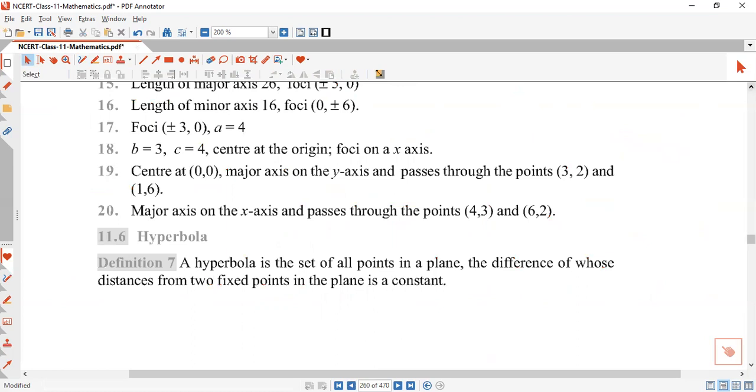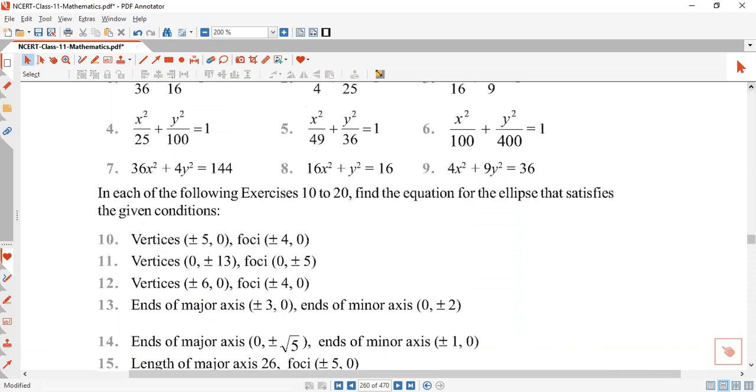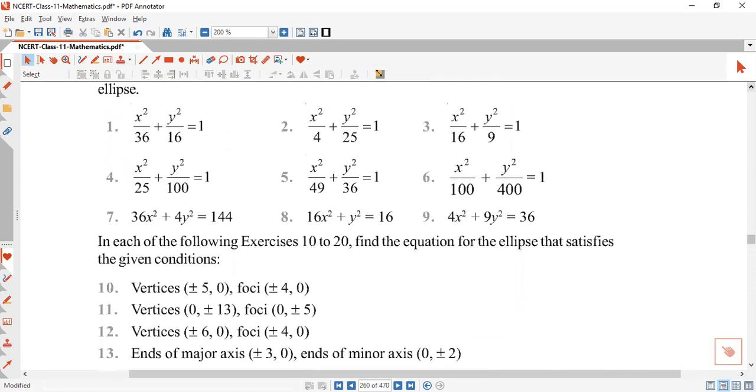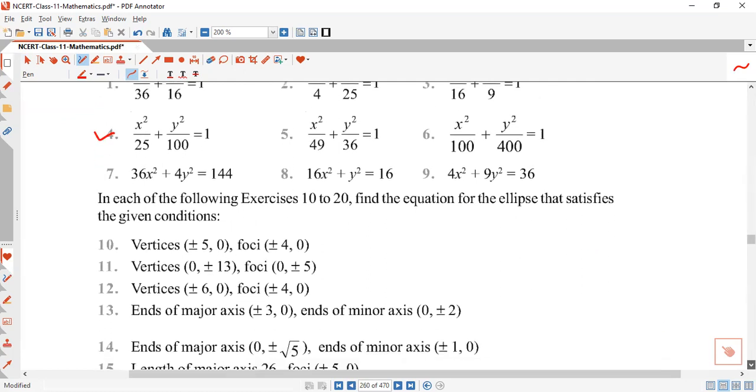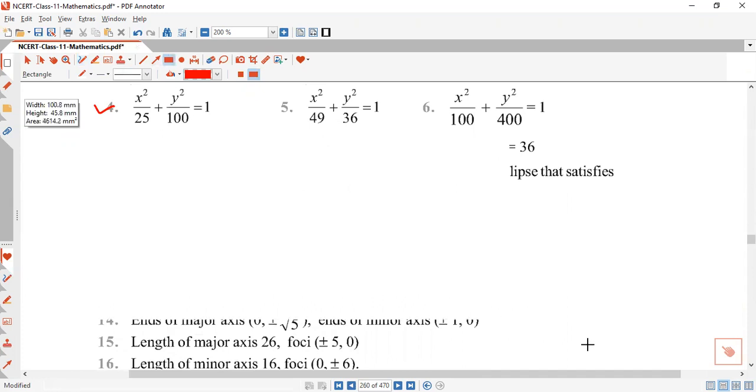Now we want to do question number 4. See this question number 4, what is given? This equation is given: x square upon 25 plus y square upon 100 equal to 1. This equation of ellipse is given, and we have to find out the coordinates of focus, the major axis,